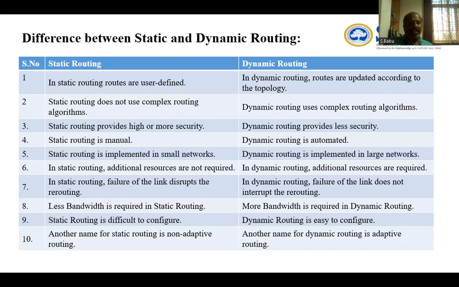Then in static routing, failure of a link disturbs the rerouting. In dynamic routing, it's not like that. It will not affect anything. If any node fails, it takes an alternate route to transfer the data. Next, static routing consumes less bandwidth, but dynamic routing consumes more bandwidth. Then static routing is very difficult to configure. Dynamic routing is very easy to configure because it is automatic. And then the last difference,